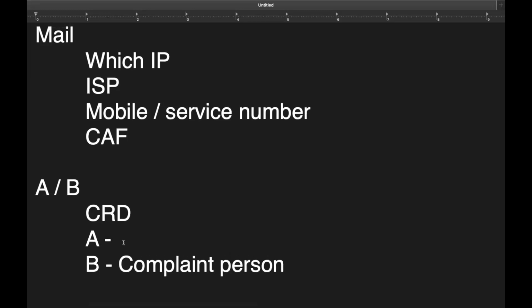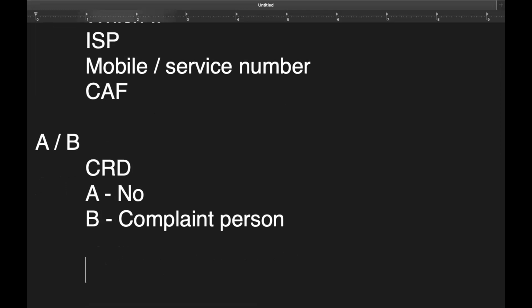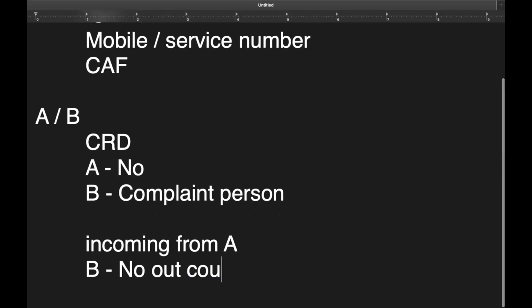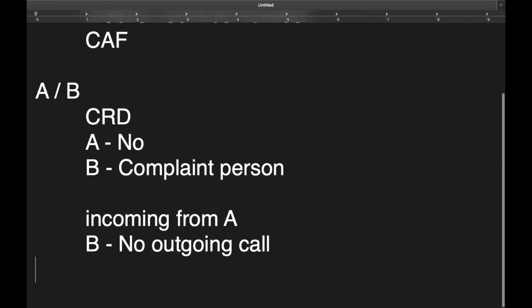So A is a person, just I'll put number. So this number they have misused. In this CDR, they'll take A and B. In B's CDR, they used to get an incoming call from A. But for B, there is no outgoing call, because they didn't call.